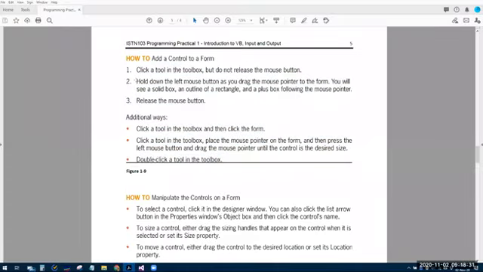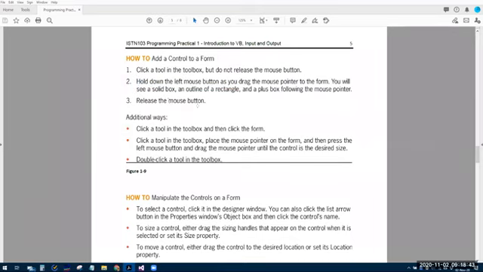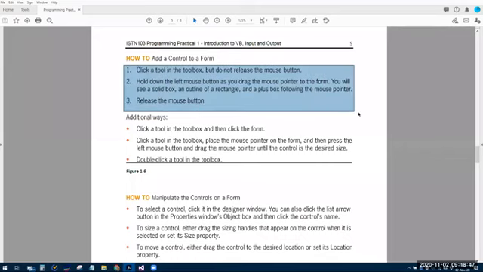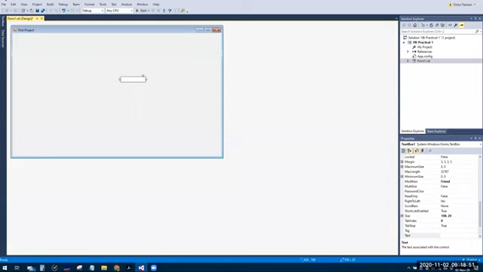Hold down the left mouse button. As you drag the mouse pointer to the form, you will see a solid box, an outline of a rectangle, and a plus box following the mouse pointer. Release the mouse pointer. So these 3 steps, I just did them all at once. Okay, so the first two, whatever you click on the toolbox here,